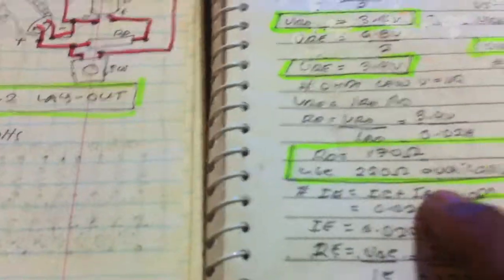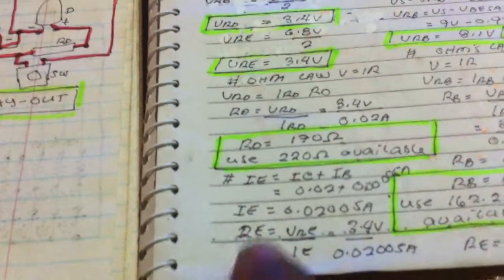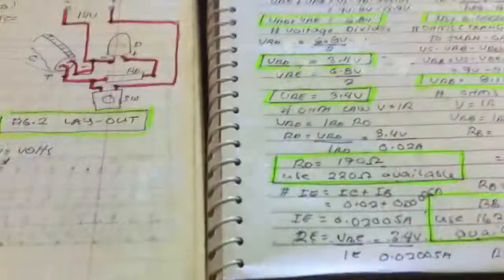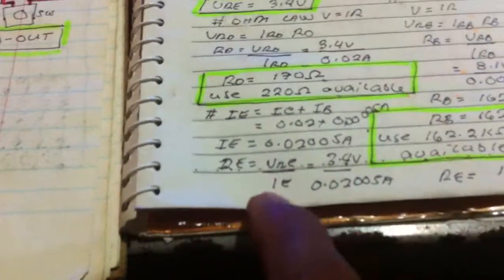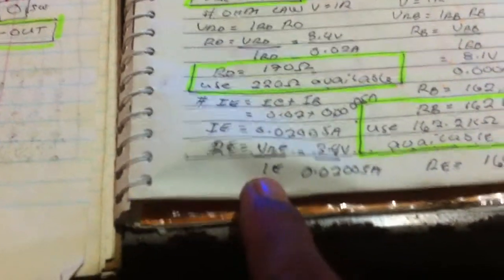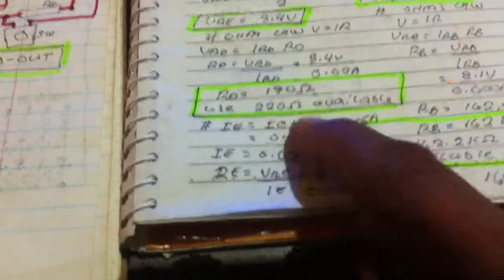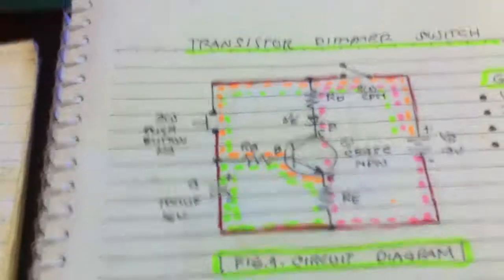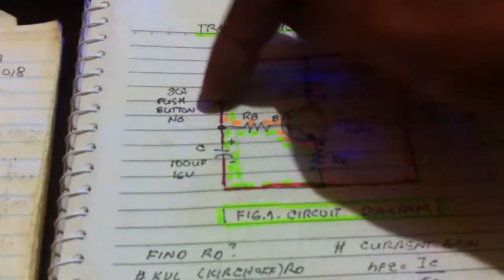Since we know the base current now and the collector current, the current at the emitter is the sum of IC plus IB, because that is a transistor formula. We know the voltage drop across RE and the current IE, the sum of IC and IB, and then we got this RE of 160, but I use 220 ohms. And when you push the switch,